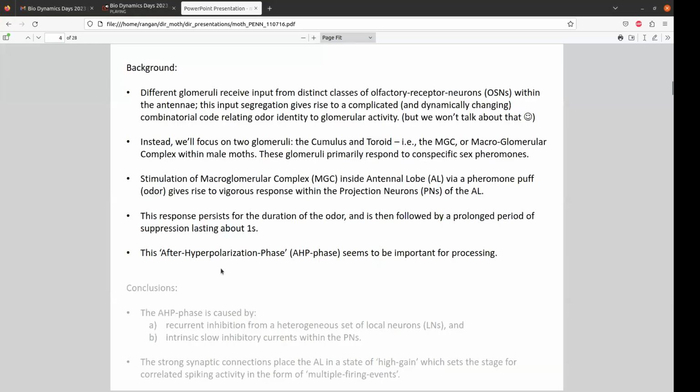So the typical scenario, if you stimulate neurons in the macroglomerular complex, is that there'll be an initial vigorous response. The response will persist for the duration of the odor, slight attenuation due to inhibition. And then if you remove the odor, you'll see a prolonged period of suppression lasting about a second, maybe half a second to a second. And this period of suppression is referred to as the after hyperpolarization phase, or the AHP phase,